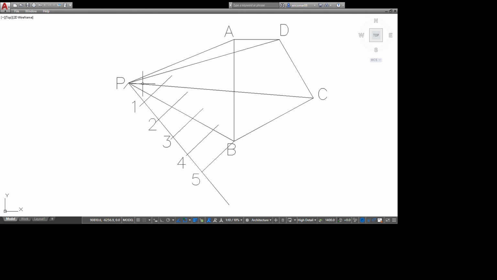Yeah, so those are the points of intersections that will allow me to draw